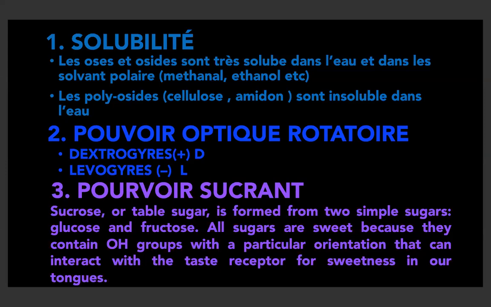So we continue. So, pouvoir optique rotatoire. We said different glucides have different interactions with light. Now we said this is a special type of light. There are molecules that are going to interact in a positive way and those that are going to interact in a negative way. So we said, for example,